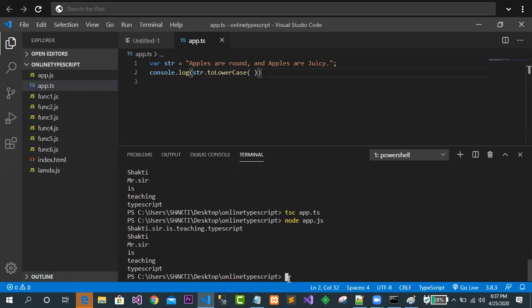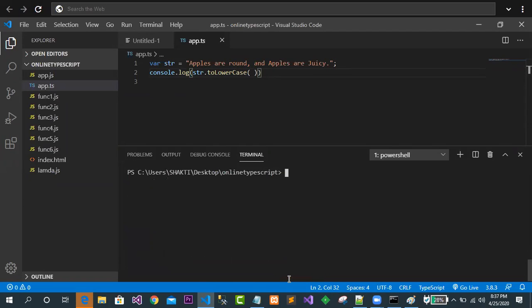How to do that? Very simple. In this case, what will happen? Look, sorry, this is tsc, app.ts.